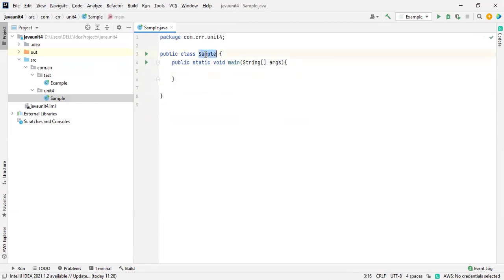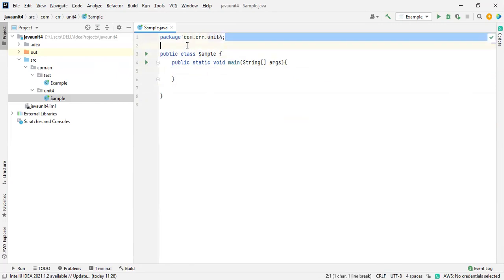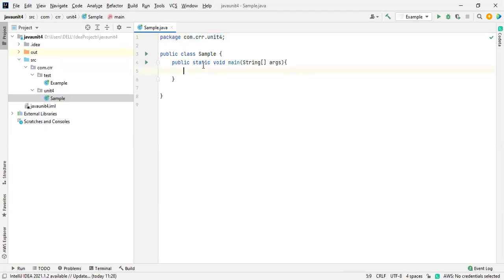So this is a sample class, and the package inside this, don't think about it. The question was not related to the package. The question was related to static. Again, I'm telling you, the question was related to static. Maybe you can expect it. Here, sir, I'm going to access a test method from a static method.